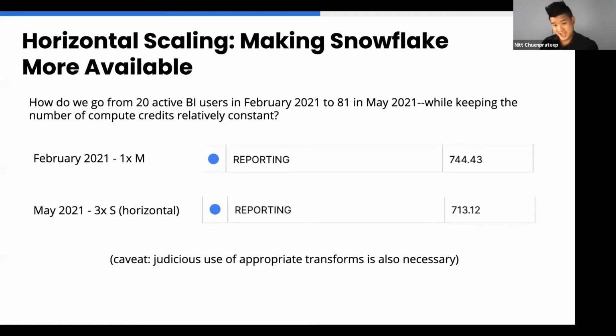The caveat here is that you've got to make sure that your transforms are actually used judiciously, you know, that you won't compute repeatedly, like you're actually using the proper materializations, using incrementals when you should use incrementals, and not using incrementals when you shouldn't use incrementals, right? That sort of thing, because otherwise this will still balloon outwards, right? It's all about trying to ensure that you keep reporting constant without, for example, ballooning your transform cluster, for example, right?